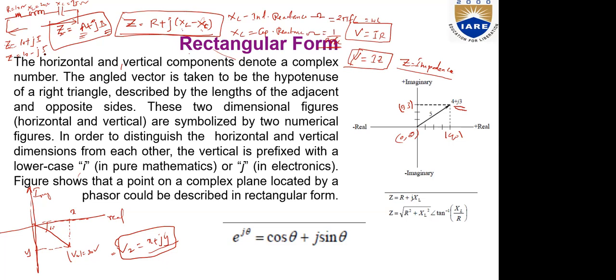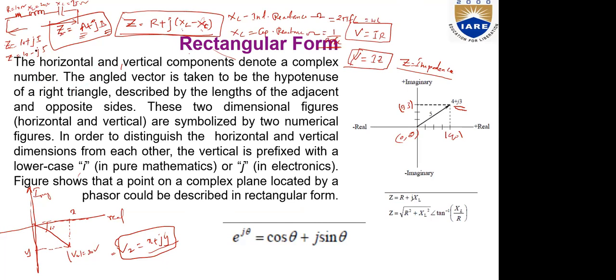I'm just considering two different circuits. Okay, sir. Fine. So in the first case, I'm considering XC is equal to 15. So what will be the equation? 10 plus j of (20 minus 15). You will get it as j5. Yes. Now, when it is in terms of XC, if XC is greater than XL, what will happen to the value of Z? It will become 10 minus j5.